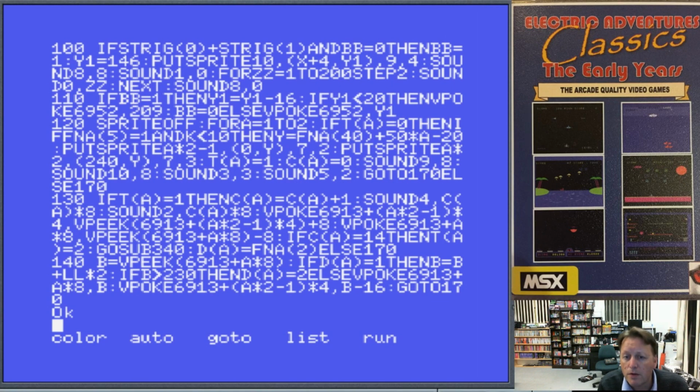Line 130, we are in the mode we just set, and then, okay, so CA equals CA plus 1, this is probably to increment our sound as it comes in. That's what the CA is for, so we use the sound, sound 2, that's the second sound channel, and we're using whatever is in CA times 8, so that will give an increasing sound. We V-poke the new position of the left and the right hand side of the demon,